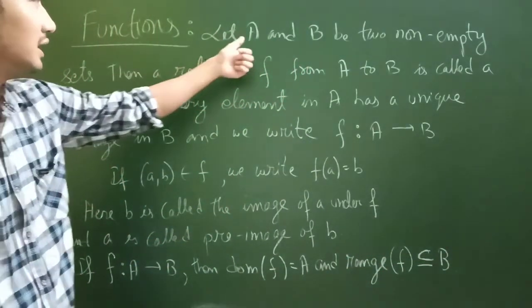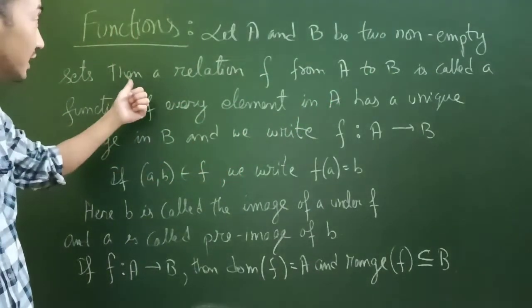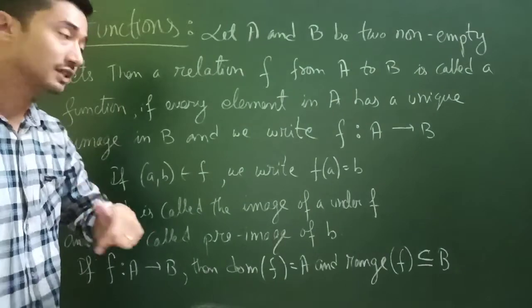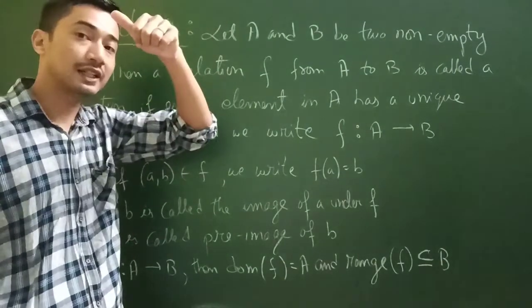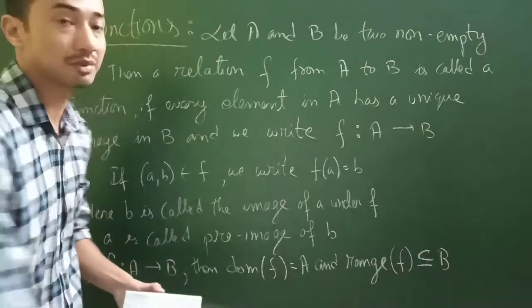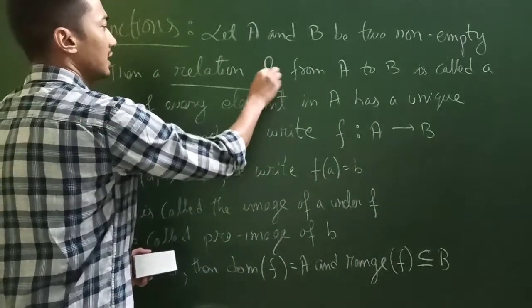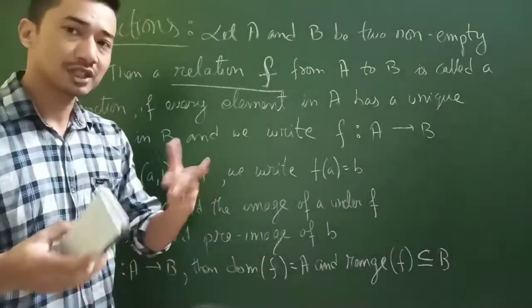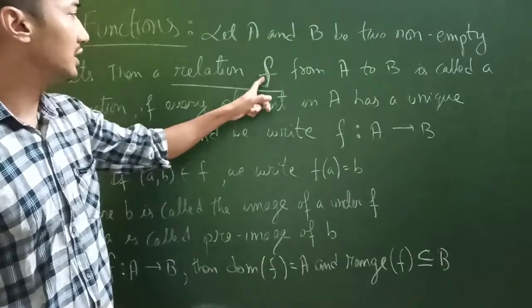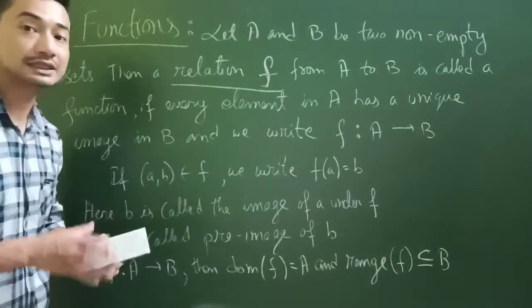Function: let A and B be two non-empty sets. Sets again. Then a function is also a set. A relation is a set again. So this is a special type of relation. That means a function, denoted by f, is a special type of relation again. What's special, we're going to study. A relation f from A to B is called a function